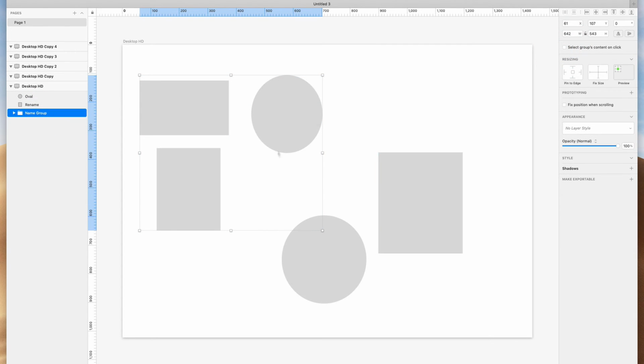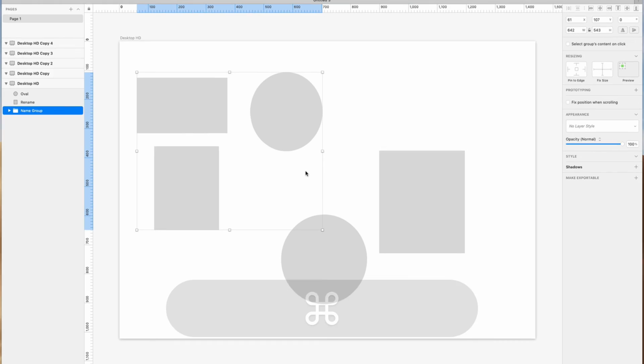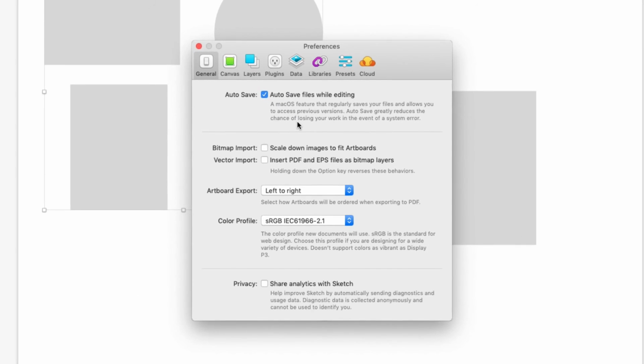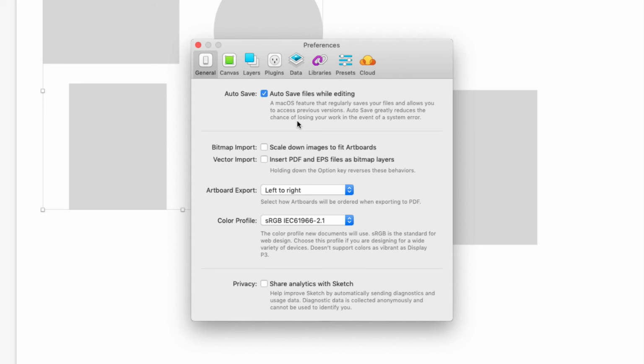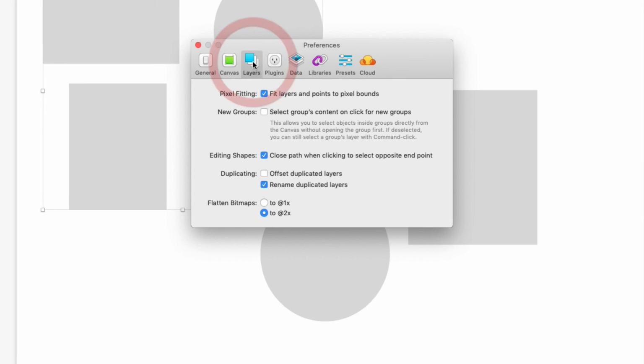Now, as a little tip and trick, if you prefer always one way over the other, you can hit Command comma on your keyboard to get to Preferences, or use the Mac menu bar to go to Sketch and Preferences, and go over to Layers section here, and you can say every time I create a group, I always want to select the contents in it. I prefer to use it the default way, and I'm going to continue with this unselected, but if you really like that direct selection feeling inside of Sketch like you would get in a Photoshop, well, this could be the option for you. For now, I'm going to close that and go a little bit back to our group